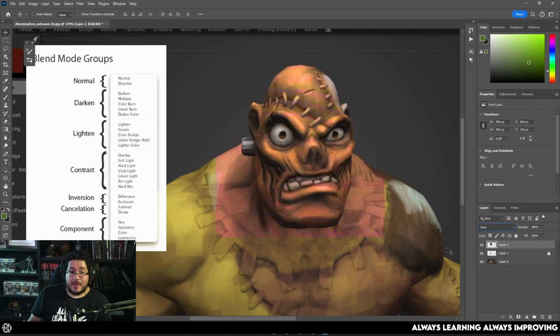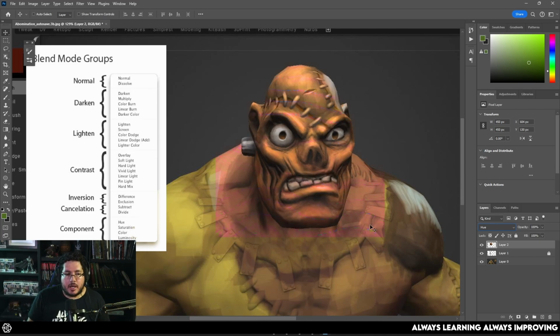So that's it. Those are the blending modes, my friend, and that's how the blending modes affect your character here inside of Photoshop, inside of Substance, inside of 3D Coat, inside of all of the other software. I know it's a lot of information. Again, my intention with this video is not for you to be an expert at blending and colors, just so that you get a general idea of how things work.